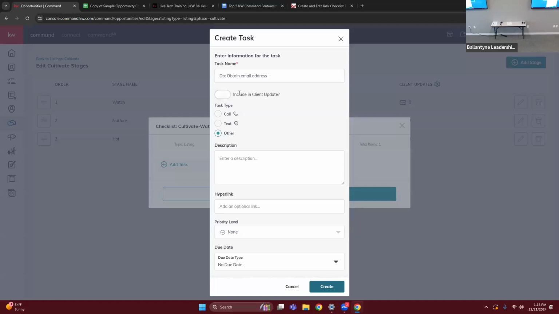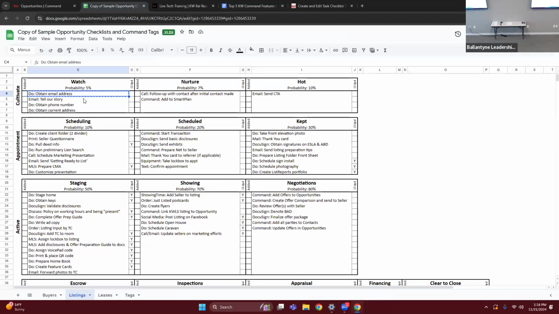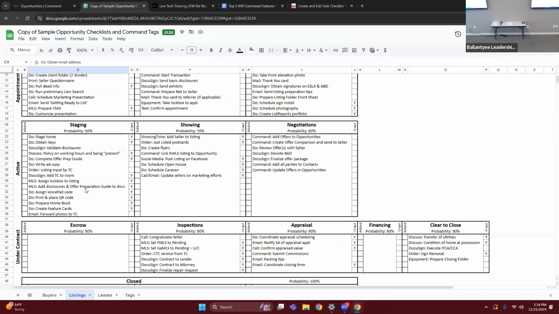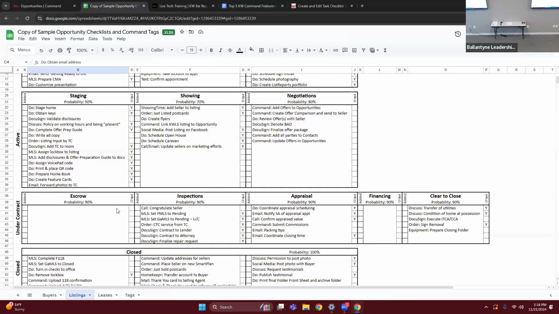Next, the client update. What that toggle does is allow you to send an email once you complete a task, letting them know that you've completed it. This really doesn't make as much sense at the beginning, like at the cultivate phase. I think it's kind of weird if you were to send them an email letting them know you obtained their phone number. But maybe down the line, like at active, under contract and close, you can turn on those client